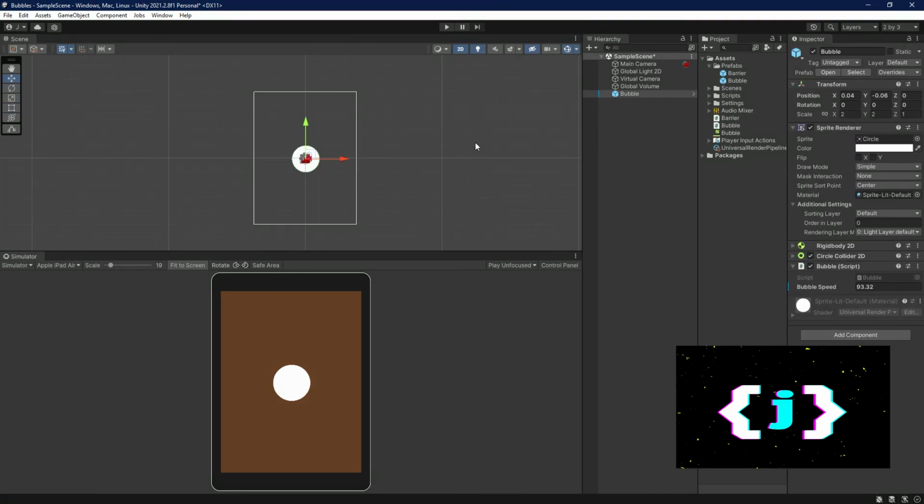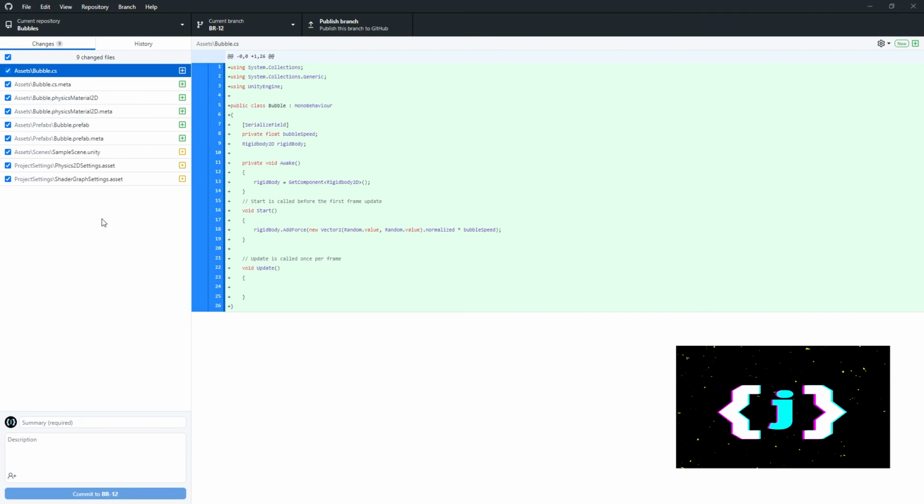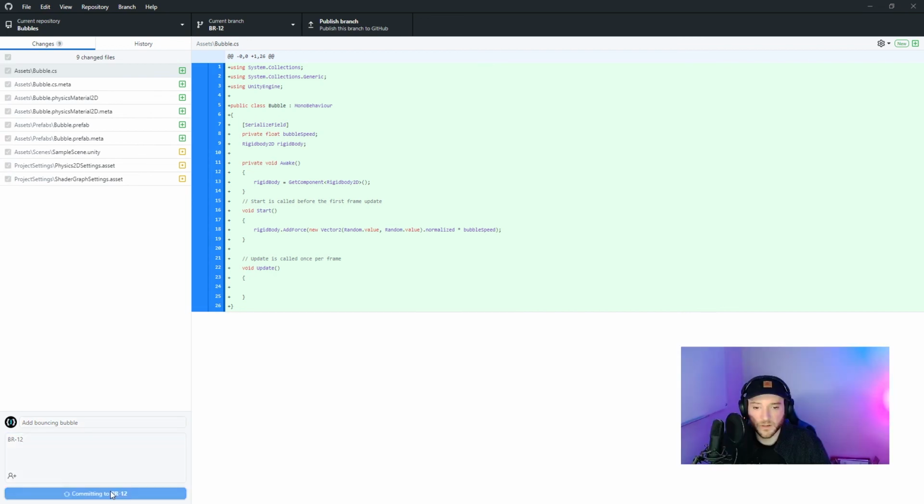Yeah, so I think this is a good time to stop, that we have accomplished 2 tasks. So let's just save this, move this up to GitHub as well, and we'll go over that. So same step again. So now that we're on this BR12 branch, here's the new files that we just had. Let's say add bouncing bubble BR12, commit this,